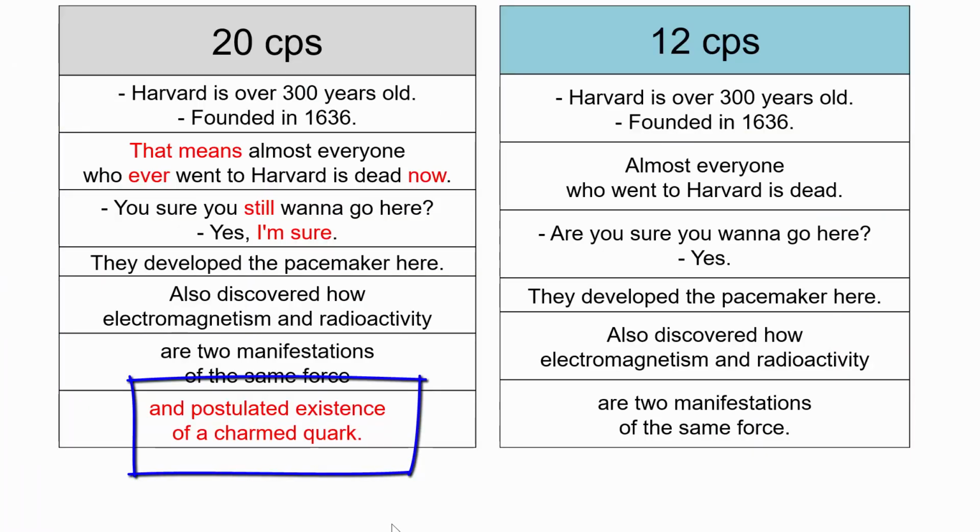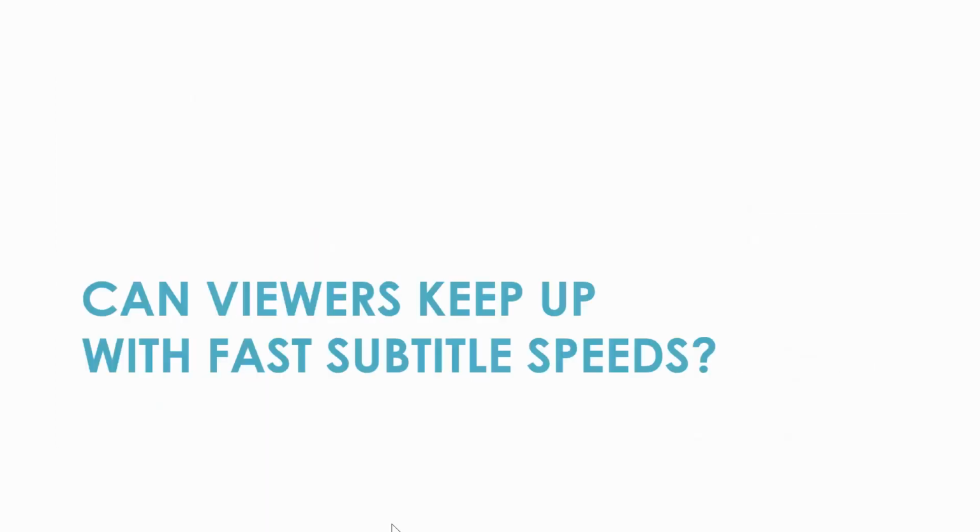You may have noticed that I cut out the fragment about the term quark and a few other words marked in red here. As we said before, condensing text from the dialogue in subtitles is often necessary to provide people with comfortable viewing experience, allowing them to read the subtitles and enjoy the film at the same time. However, given that many productions now are fast-paced and dialogue-heavy, and that subtitle speeds have increased in recent years, we wondered if people can follow fast subtitles up to 20 characters per second, which are more and more often found